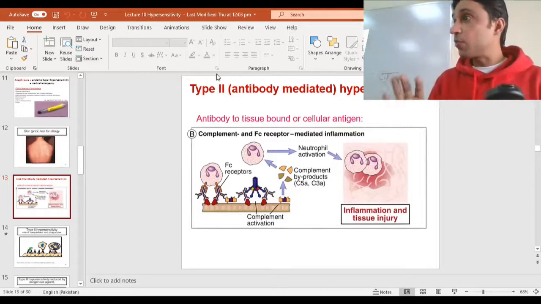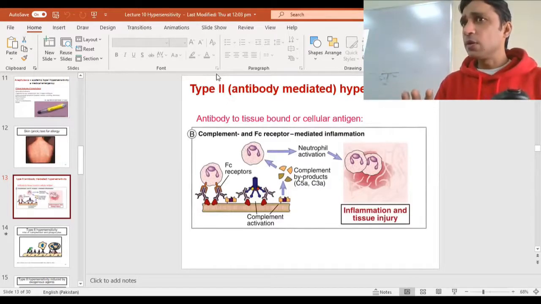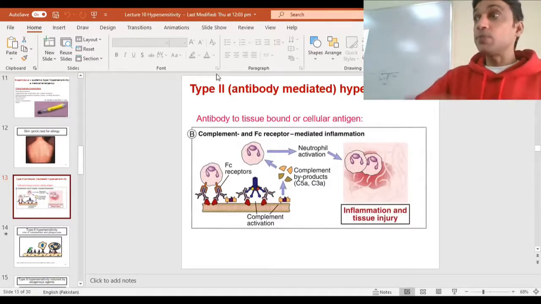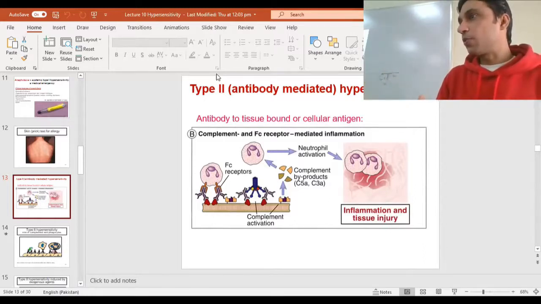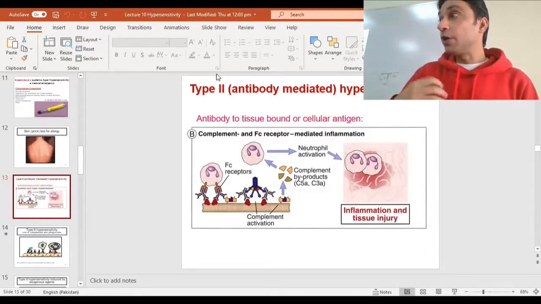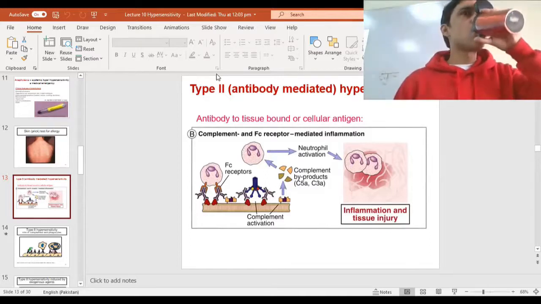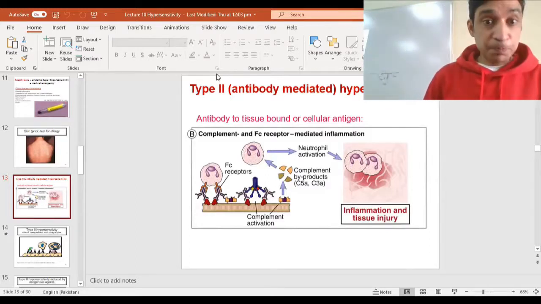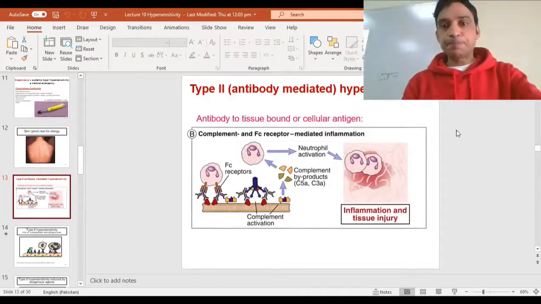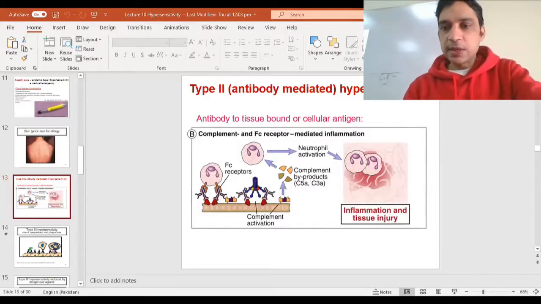Any question from the type 1 hypersensitivity? I think that was understood, why a sudden reaction happens. Because your cells are already ready to react at that time for the second exposure. So let's start with the next thing, and that is the type 2 hypersensitivity method.